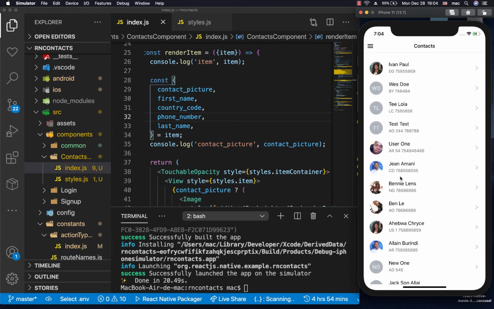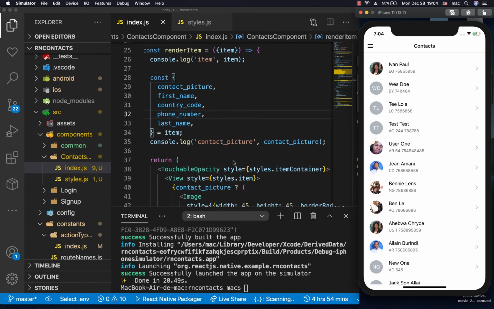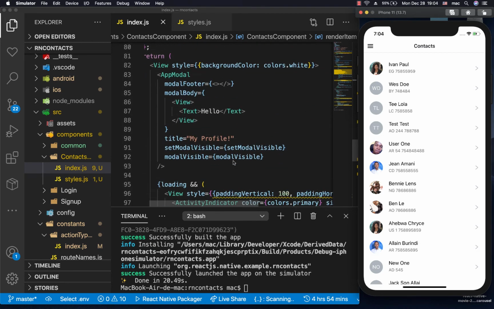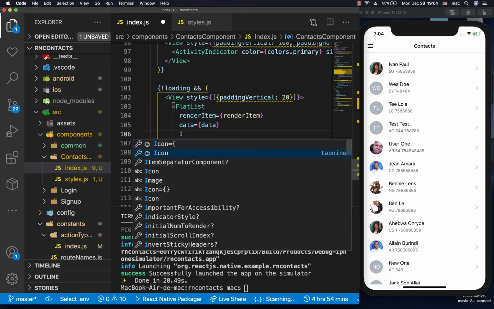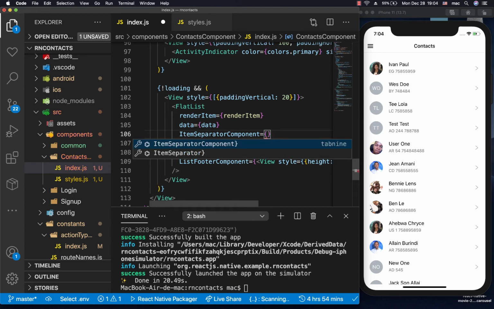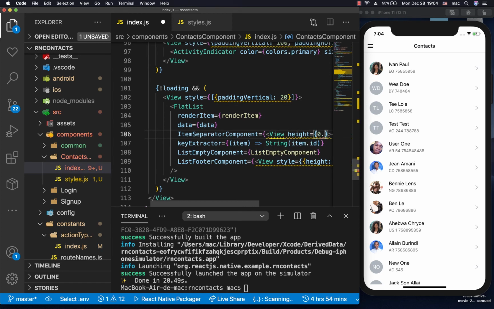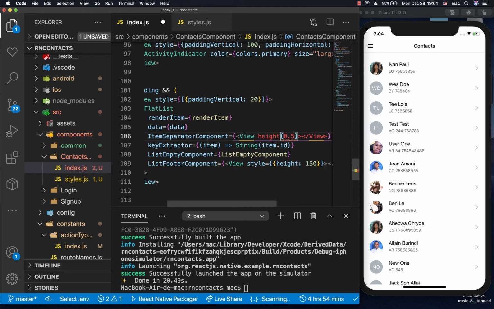There is something else you can do. If you wanted to add a line in between here, you could do that by adding another prop to the FlatList. It's called item separator component. So this one can be just a view. So for this view, you can say maybe I want it to have a height of 0.5. So I'm going to do this in a style actually. So let's do style